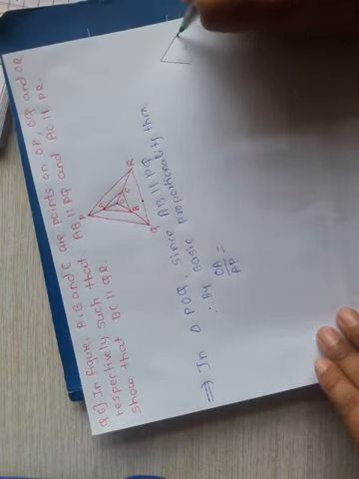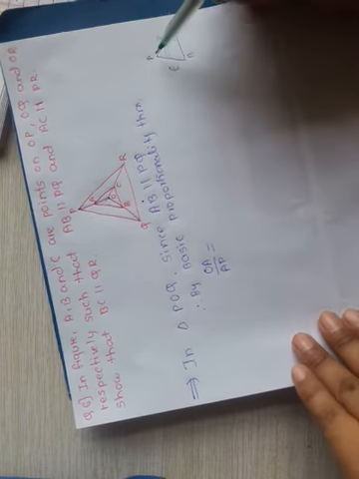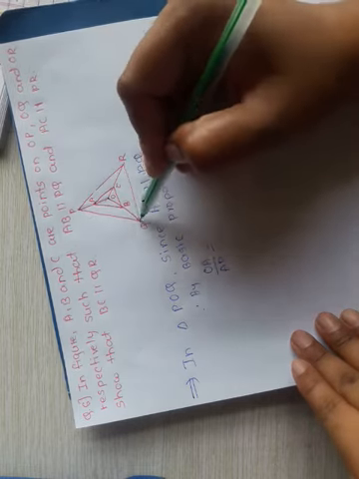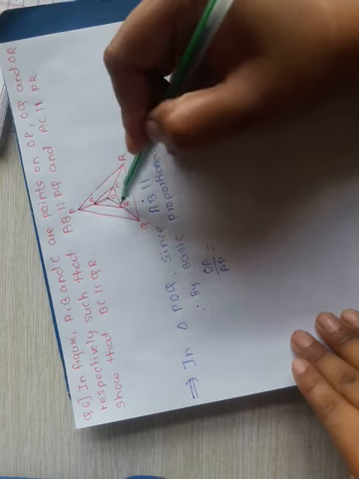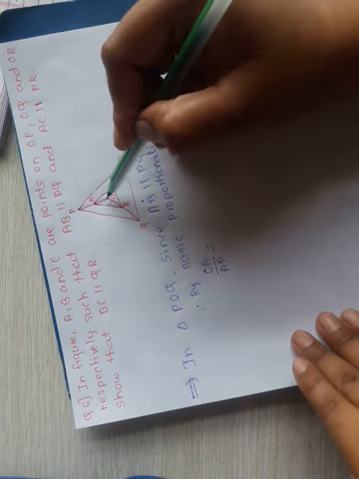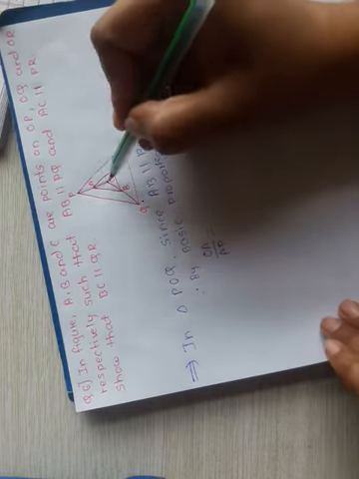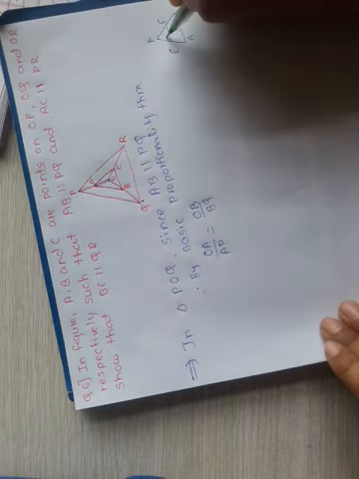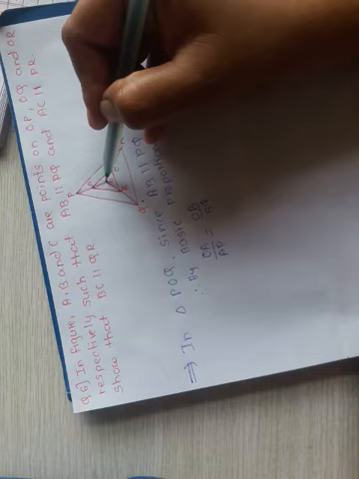How can we take the ratio? If the triangle is like this, we have to start from a point. In triangle POQ, how can we take the ratios? The points A and B divide the sides, and we have to take the ratios from the point that is common to the sides, which means we start from point O. So OA upon AP is equal to OB upon BQ. We take the ratios like this because AB is parallel to PQ, and that's why we start from point O.